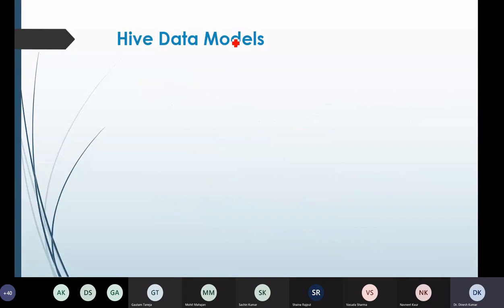Let me give an example of this. Let's say we have a student table. This student table comprises records of, let's say, 10,000 or 1 lakh students, and all the students belong to the engineering stream.